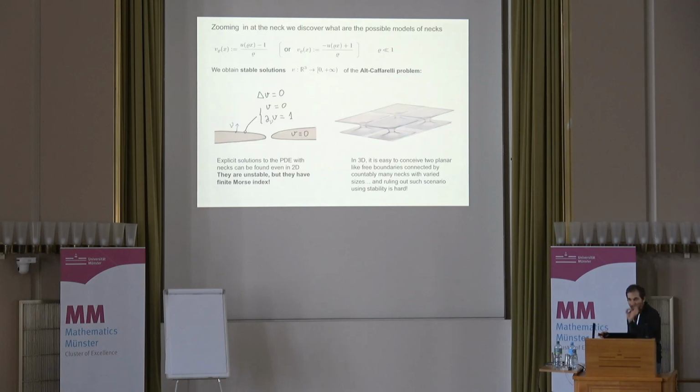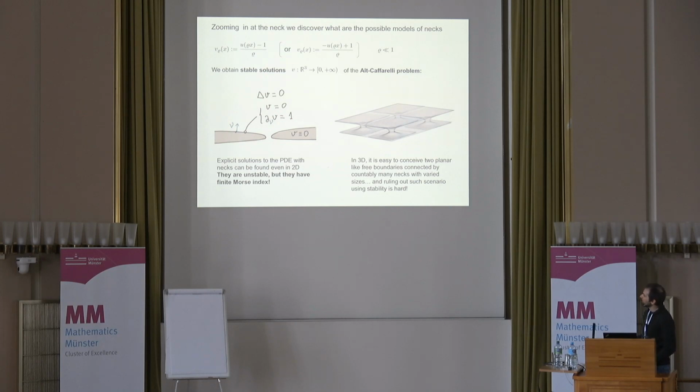So if you have a microscopic neck and you start to zoom in, you end up with this problem. It's a different free boundary problem, the so-called Alt-Caffarelli problem. Let's say that we are zooming in around -1. We just do u of rho x - 1, divided by rho, and we send rho to 0, and a neck that is microscopic now has size 1. In this problem, V is a harmonic function here, V is 0 here, and the normal derivative of V is +1 here in the inner direction.